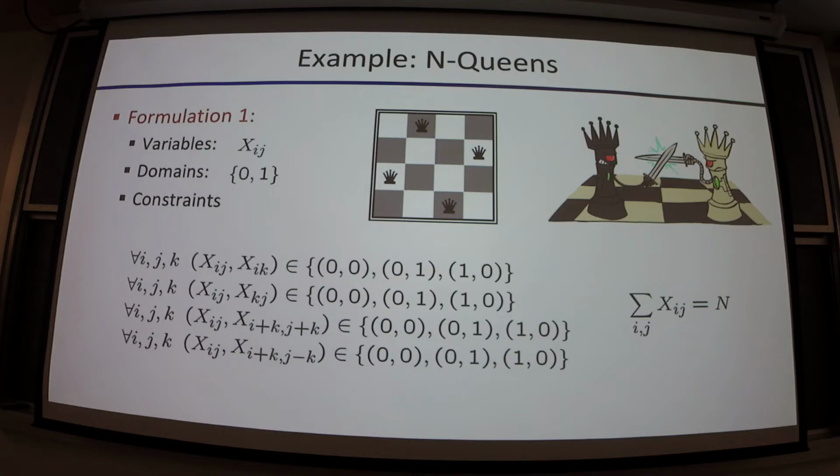Since we assign values of 0 to 1, we can always just sum over the whole board and say that has to equal n, right? Okay, so this is a formulation. This works, but it's maybe not the best formulation because we can actually encode some of the structure of the problem into our formulation to make these a little easier on ourselves.